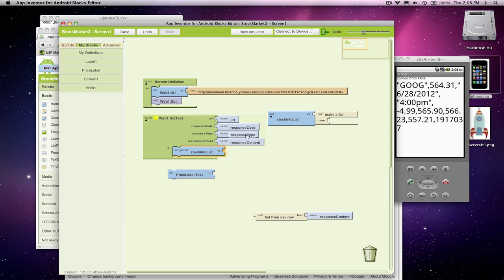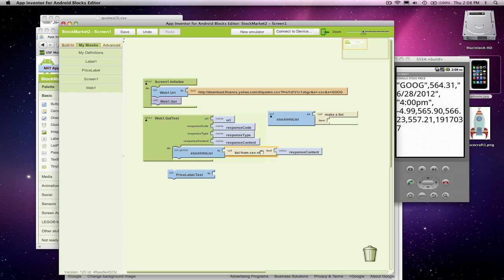When that happens, I'm going to change my stock info list. I'm going to make it be equal to converting this response into a list. And the way it works is it says, okay, grab the first thing, and that's going to be list 1, that'll be list 2, that'll be list 3, etc. So what we really care about is list index 1, which is going to be our price. Okay, so the next thing I'm going to do is, instead of sticking the whole response content in,